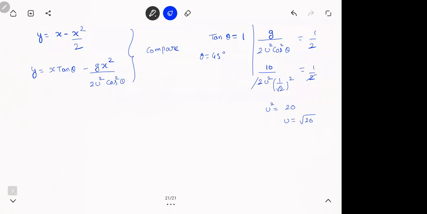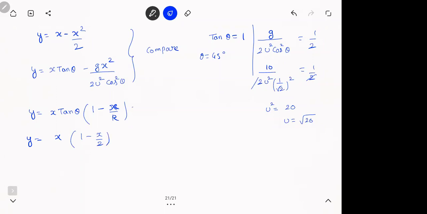But that becomes a little round types. But in the exam, think, they ask you to find the range only. There is a better way to do this. You remember this form? You can write the range in another form: x tan theta into 1 minus x by r. This is the equation of trajectory, second form. So if you take x common there, you will get 1 minus x by 2.